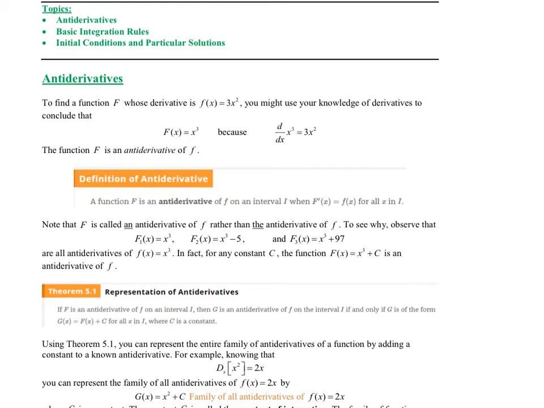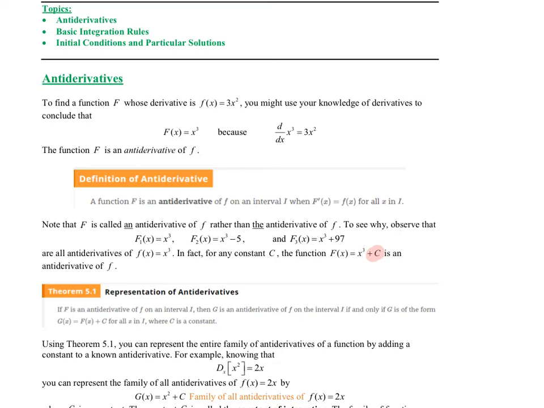They're saying, look, no matter what that constant is, if you add or subtract a constant, remember when you take the derivative of that, it's 0. So if we know x cubed is an antiderivative, then we know that x cubed plus or minus any constant is an antiderivative. So there's not one single answer, there's always an infinite number of answers